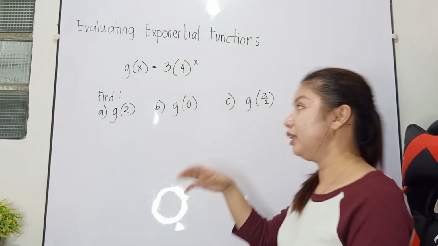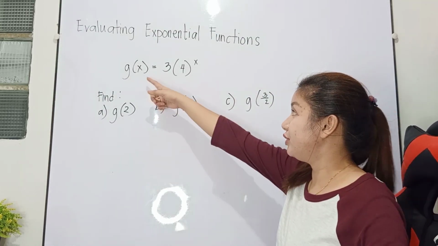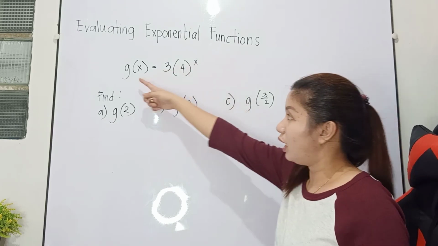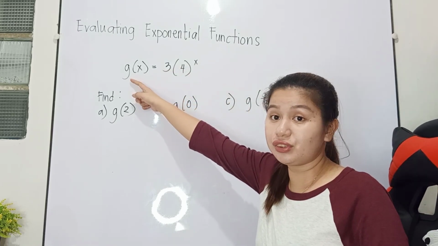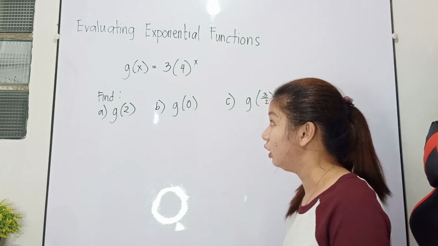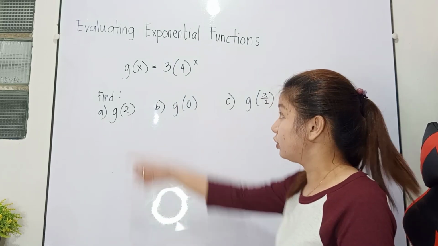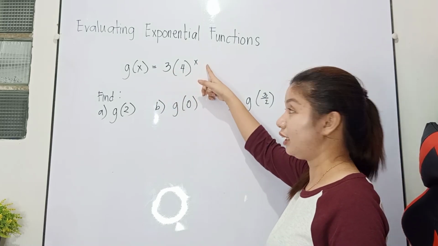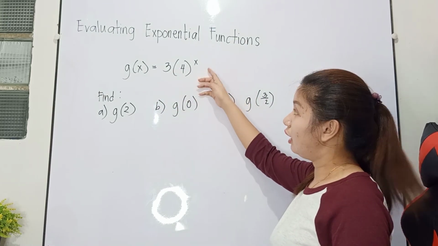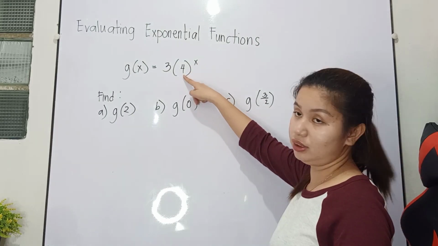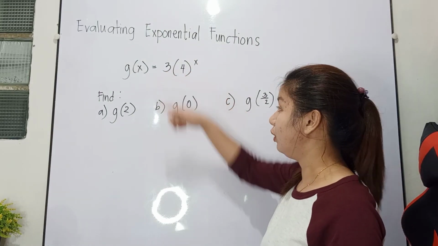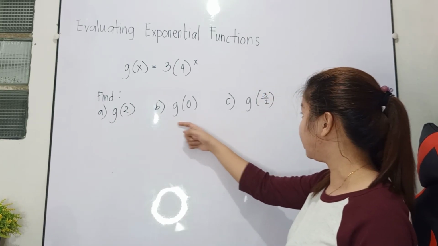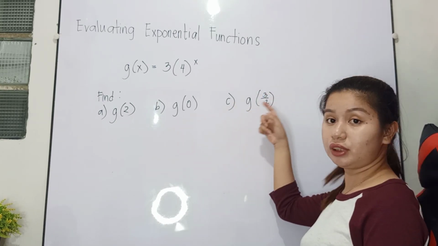Okay. So, let's have another example. For example, we have g of x equals 3 times 4 raised to x. So, the function we used here is g. It's not always f for a function. So, any letter will do. So, g of x equals 3 times 4 raised to x. And observe the given, only x is the exponent of 4, not 3. Okay, so find, first, g of 2, second, g of 0, and then third is g of 3 halves, or